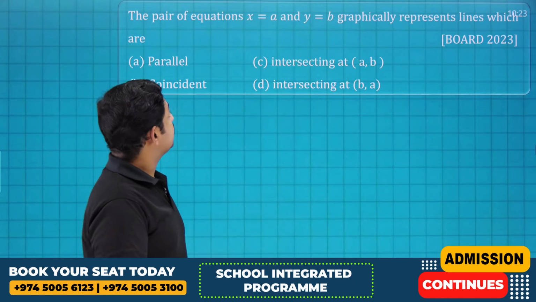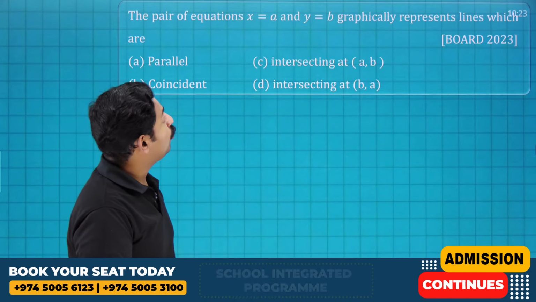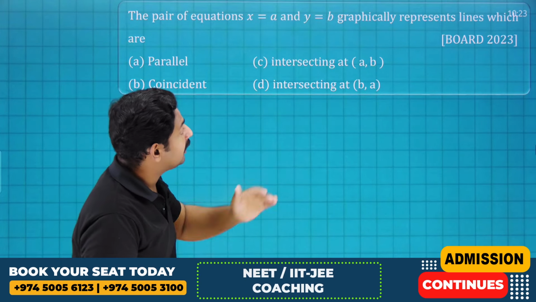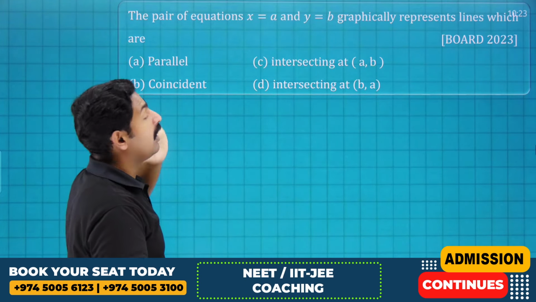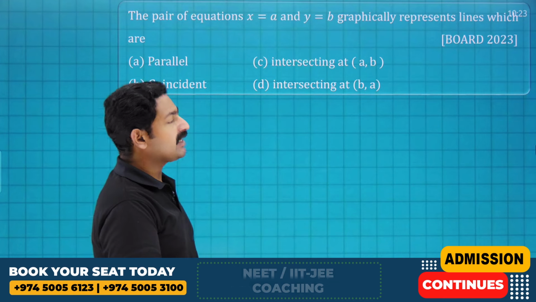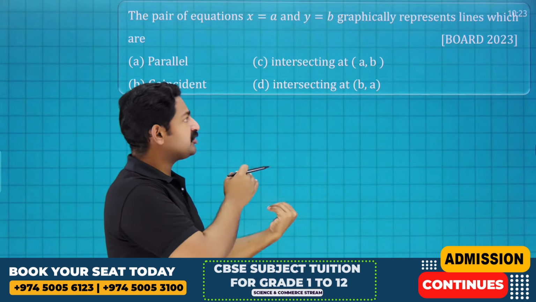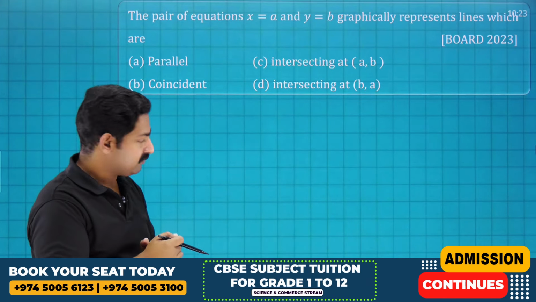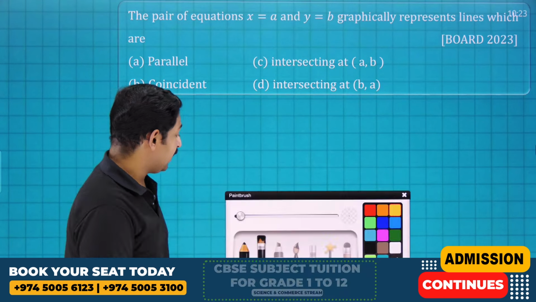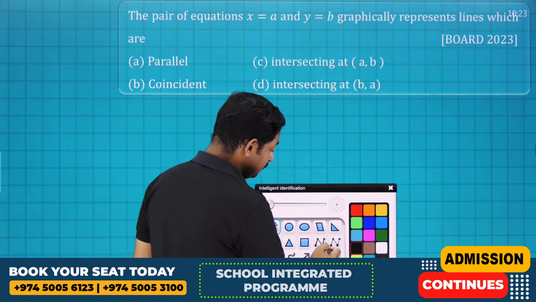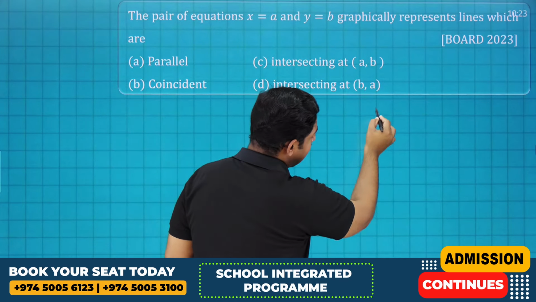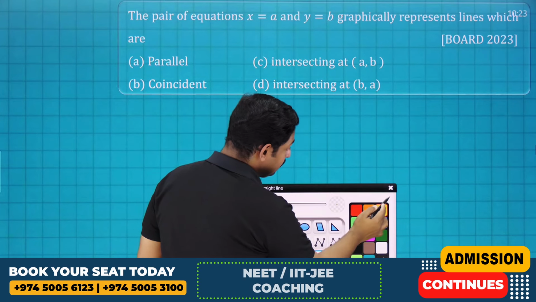The pair of equations x equal to a and y equal to b graphically represent the lines which are. So two equations are given which represent which type of lines graphically. That's it. That's the question. So we can just check this graphically. If you just draw the graph,